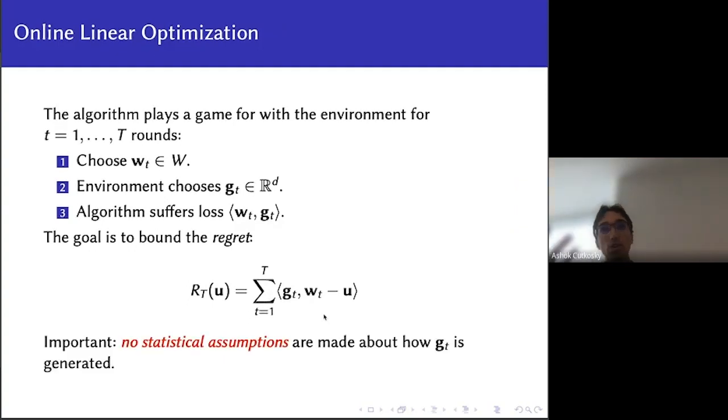And the important thing to notice about this setup is that we make no assumptions about how the g_t is generated. They could be coming from some kind of IID process, or they could be coming from some fairly evil adversary, perhaps, that looks at the w_t that the learner produced in step 1, and then specifically chooses g_t in such a way as to make this regret as high as possible. That's allowed, right? We don't want to assume anything about how the g_t is generated. Could be anything, and this makes the problem simultaneously harder, but also gives algorithms that solve it well a lot of power because they're very robust to arbitrary perturbations to their inputs.